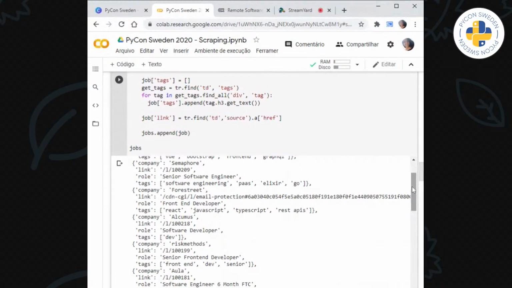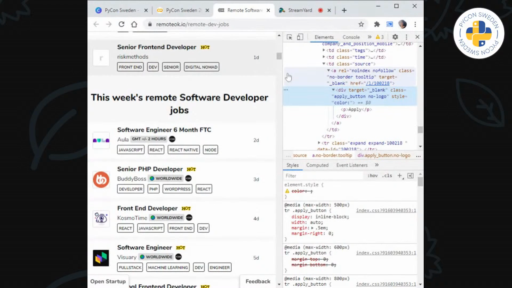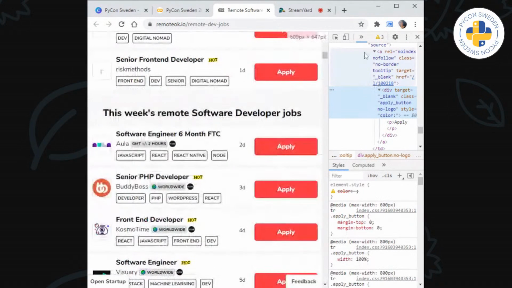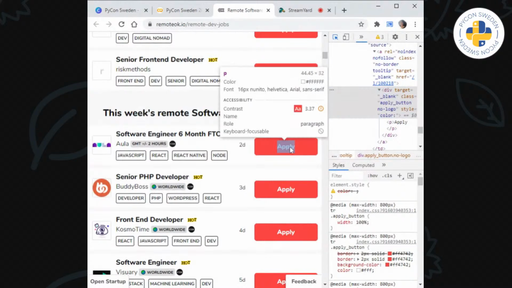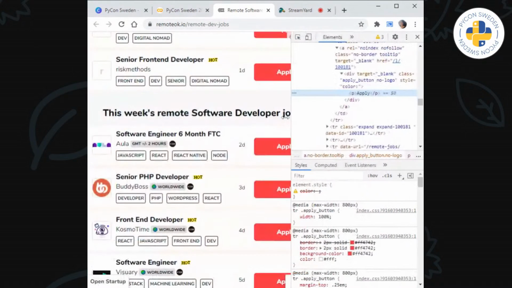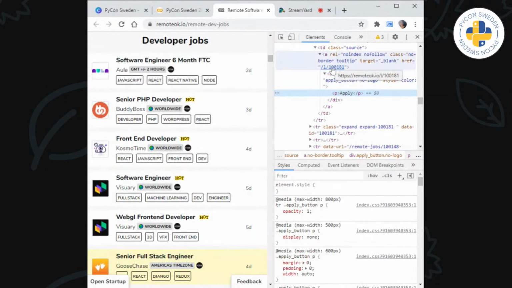So one problem we faced here is something programmers will face when dealing with data. The data is not as we wanted it to be. We wanted it to be a link, but it came as just the ending of the link. So let's check what the full link is and how we can get it from this information. The full link is apparently the website itself and then the rest that they are giving us. So I'm just going to copy the website here.